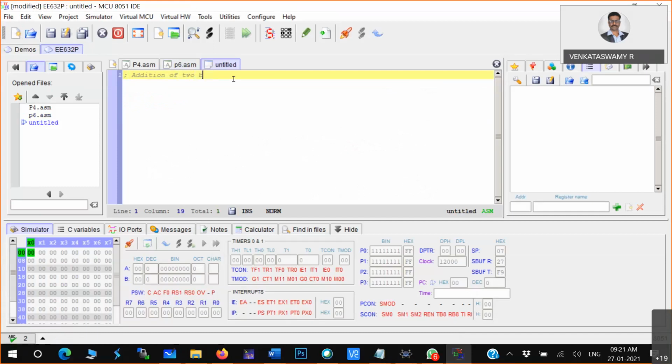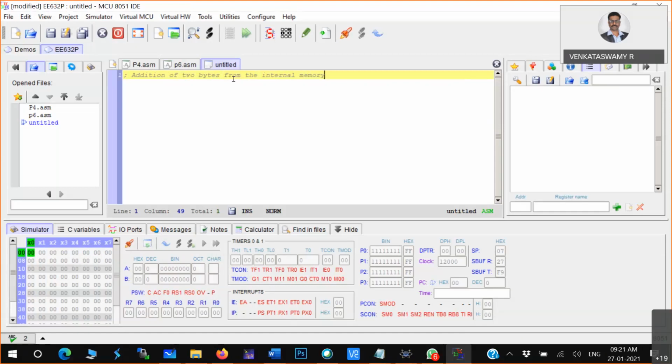Here, what we have to say is addition of 2 bytes, taken from the internal memory. You understood the statement.